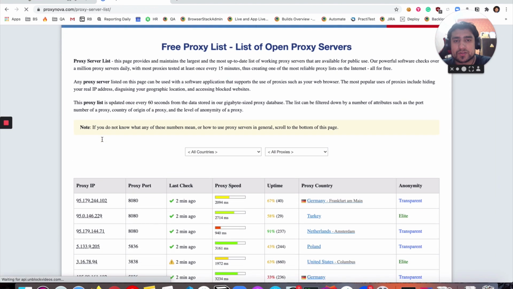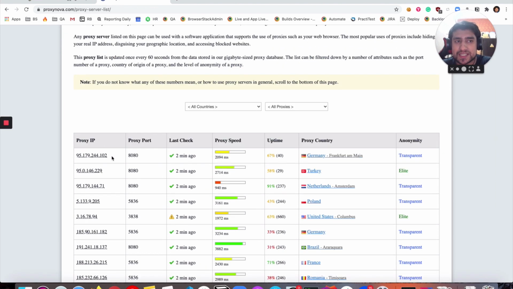So this is the IP and this is the port that you can connect to, and this is the proxy server. You can also see the proxy speed. I recommend that you connect to a server where the speed is high, so that you can have a better internet connection.